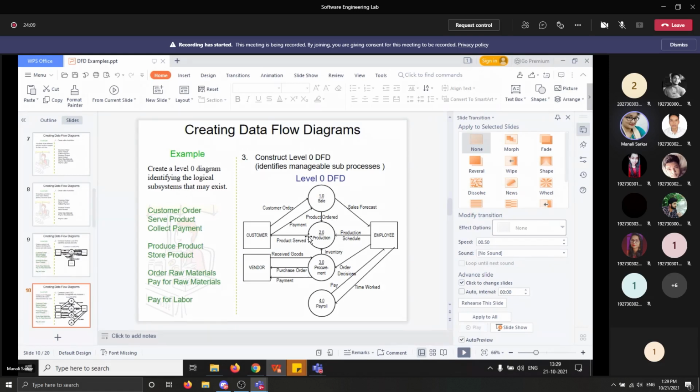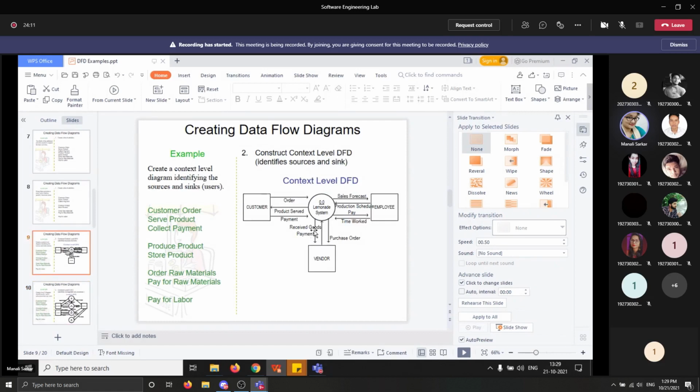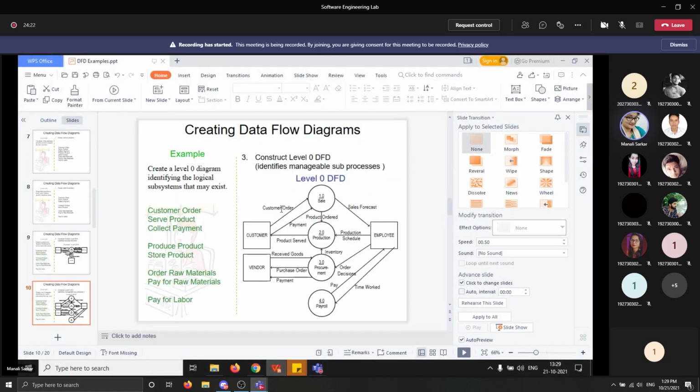So here we are breaking this down. In the context level we only have this; we are not going into detail, but here, see, a detailed approach. That is only from customer to employee. See how the outgoing and incoming arrows are becoming more, because we are dividing that level into another and subdividing it.